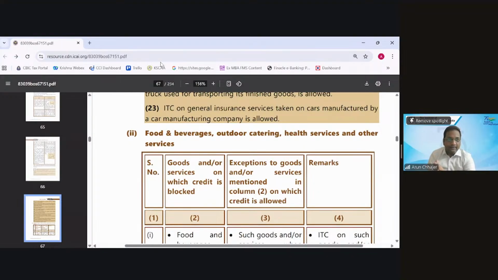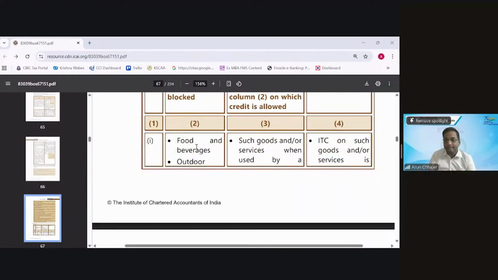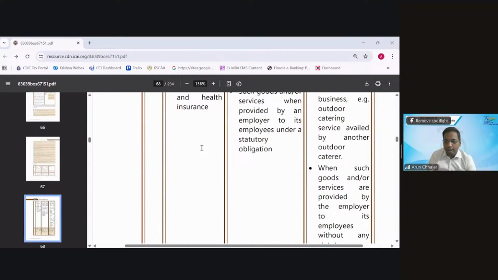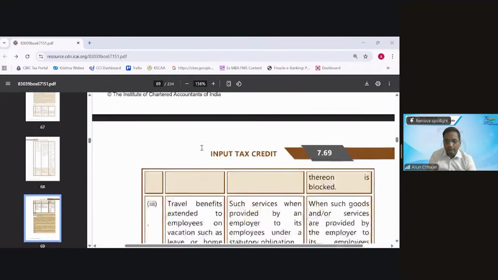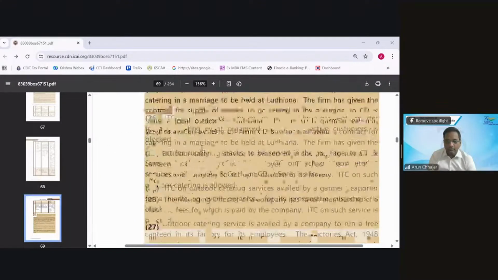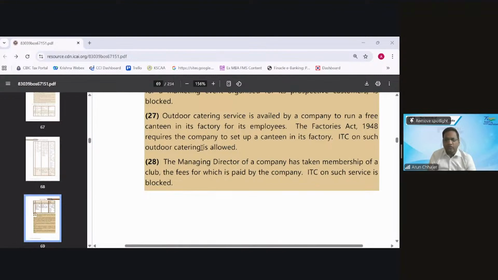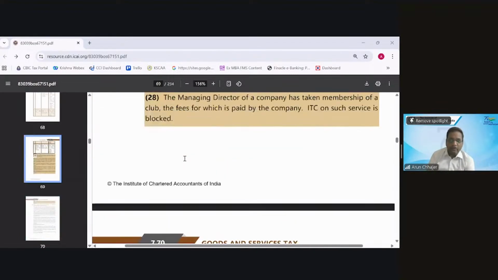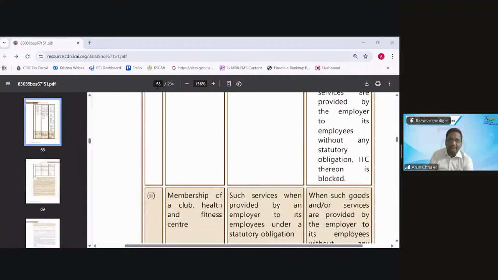You are most welcome to give any suggestion also. अगर आपको लगता है कि नहीं सर इस तरीके से पढ़ाएंगे तो हमारे लिए थोड़ा बेटर रहेगा, whatever suggestion you give, I will incorporate the same. So there is no clarification, there is nothing. So I think we have to go to the clause C.